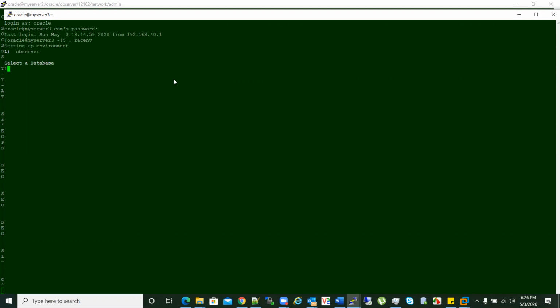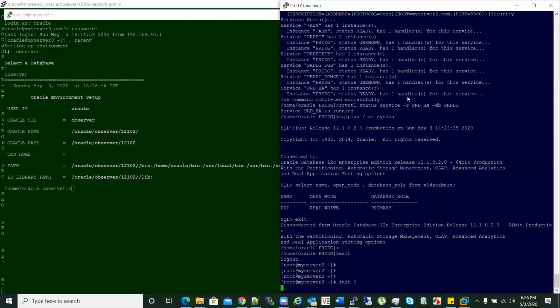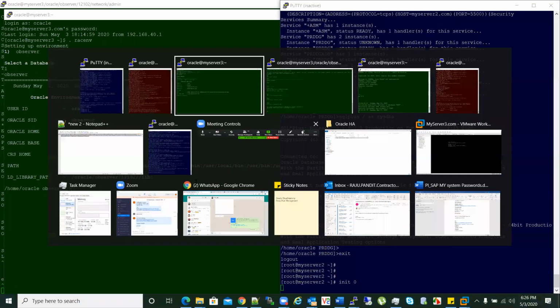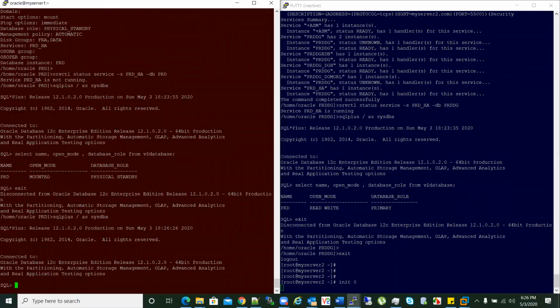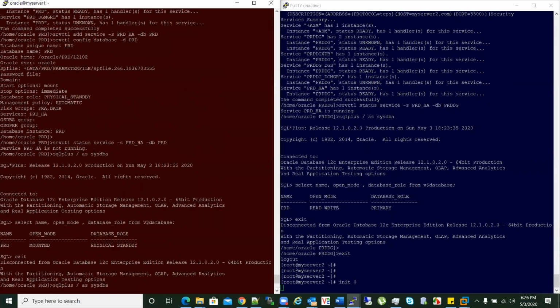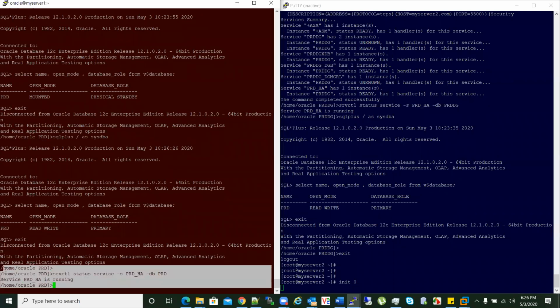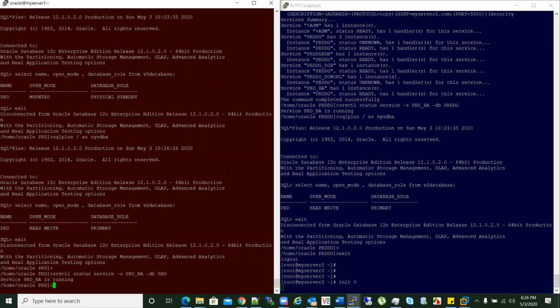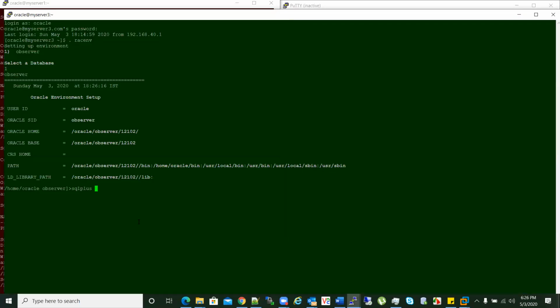Before I connect, let me see what the status of the HA service is, whether it came up or not. Exit. The SYSDBA role definitely would have changed to primary. That's fine. I wanted to check whether this part is done. You see this? Now, since the red one is primary, PRD HA is running. It always runs on primary.